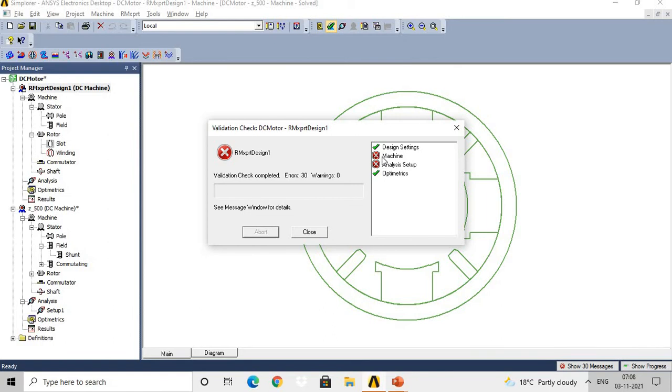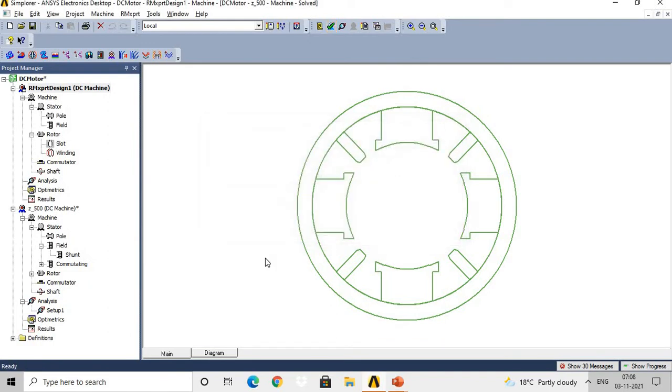So you need to rectify those technical parameters and make sure that before going through the result sheet, your design is validated. Then only proceed further.